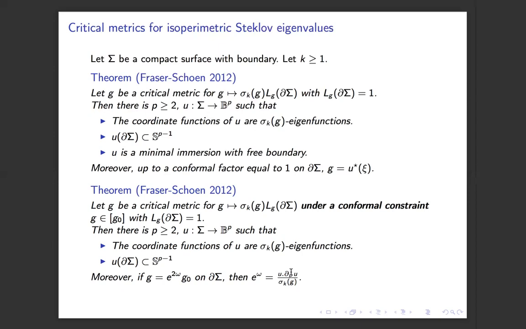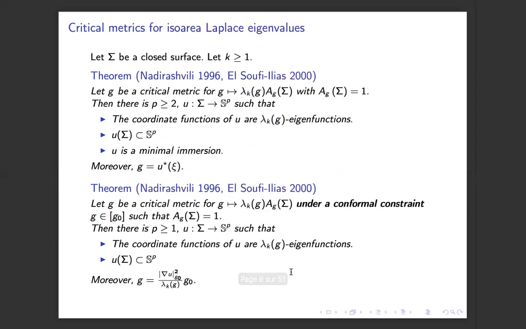Fraser and Shane were inspired by Nadirashvili and Sophie Elias for their theorem. I just recall them quickly. In the closed case, on a closed surface, if we take a metric which is critical for the k-th Laplace eigenvalue times the area,